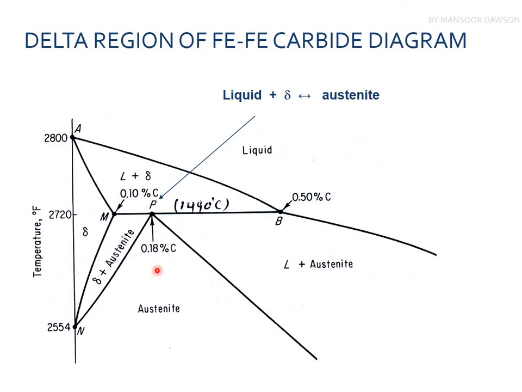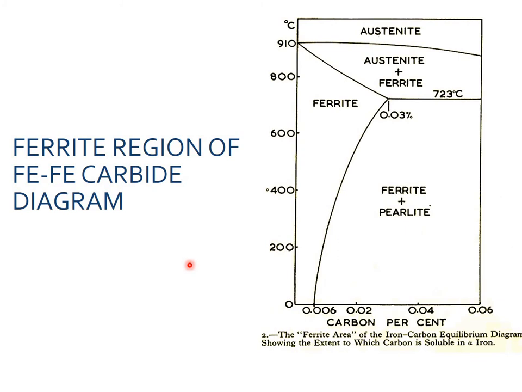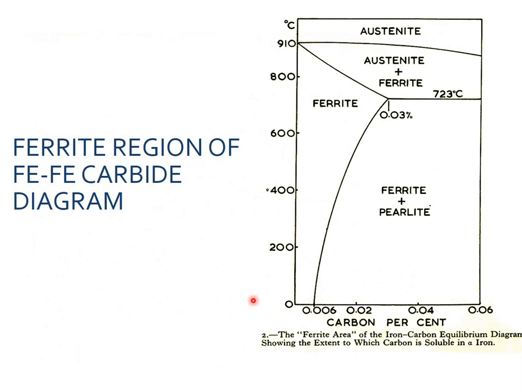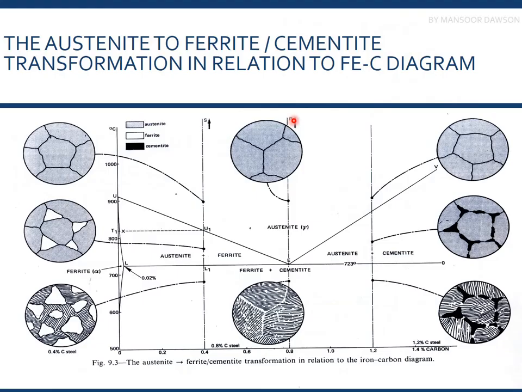Okay. So just for information, the iron we have in the ferritic region. Let's just discuss the ferritic region first, and then I'll come back to my point. So this is the ferritic region, and this is the ferrite plus pearlite region. You can see that this is 0.006% carbon. It is very zoomed in for you. This is the austenite phase, and this is the very small austenite and ferrite phase.